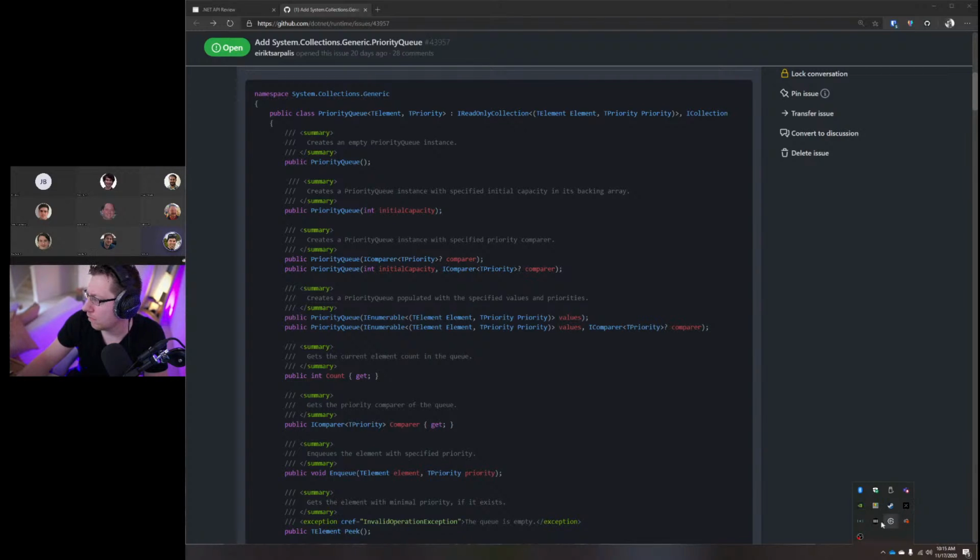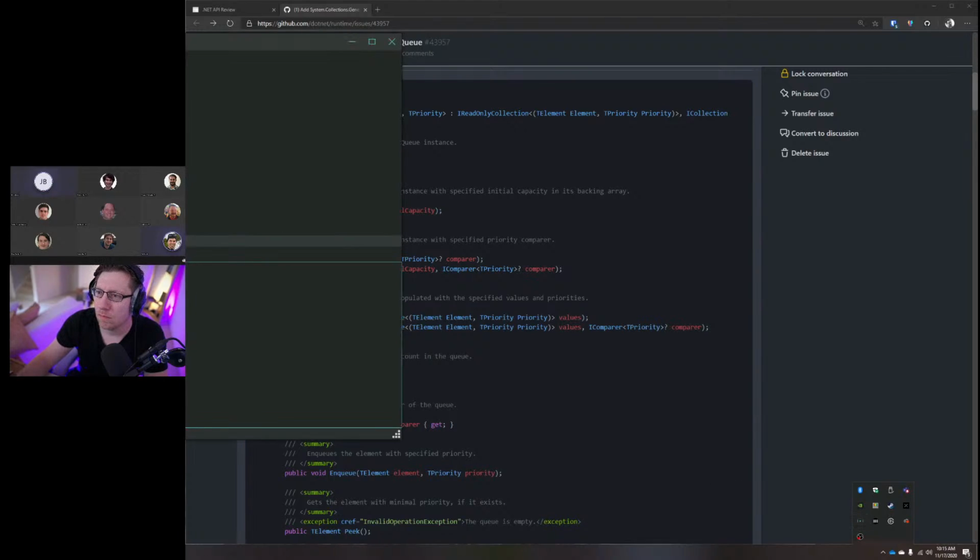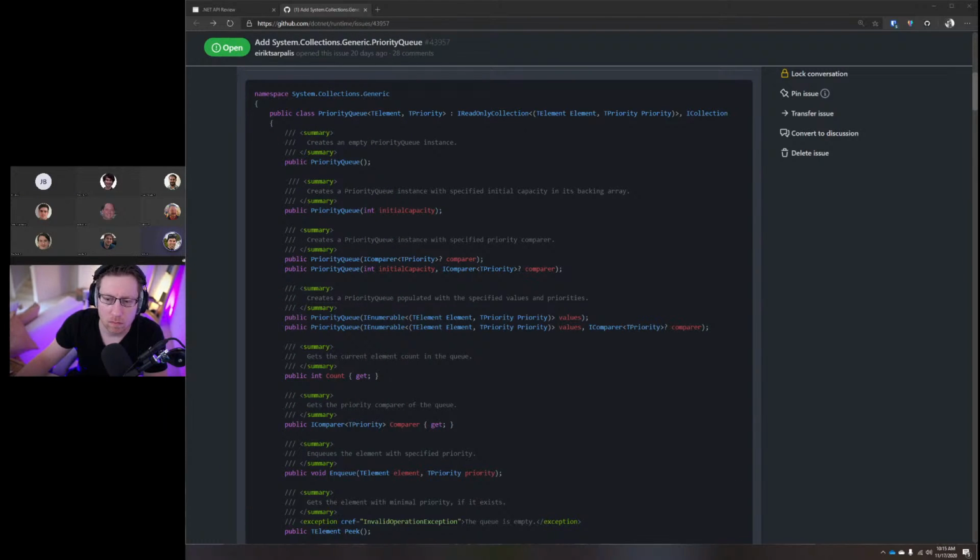Okay, so maybe I should just describe the API shape as I see it. You have a priority queue class that has two type arguments, TElement and TPriority. It implements a couple of interfaces: IReadOnlyCollection of a tuple of element and priority. I expect this to be controversial and would like to discuss why it should be a tuple instead of a key value pair. Also implementing ICollection.